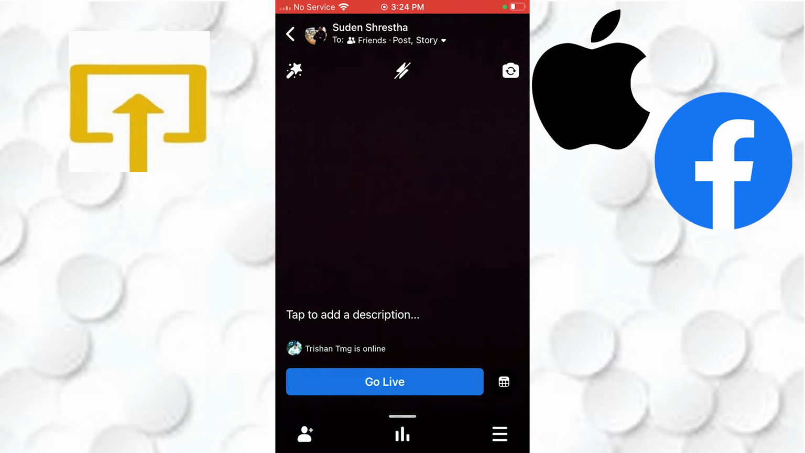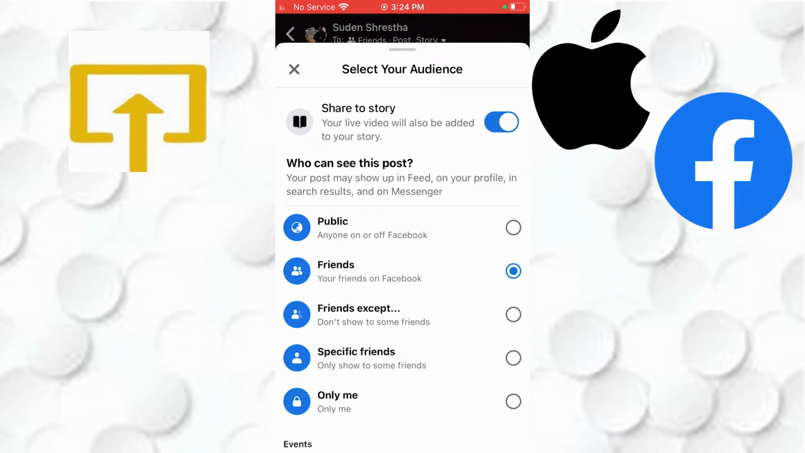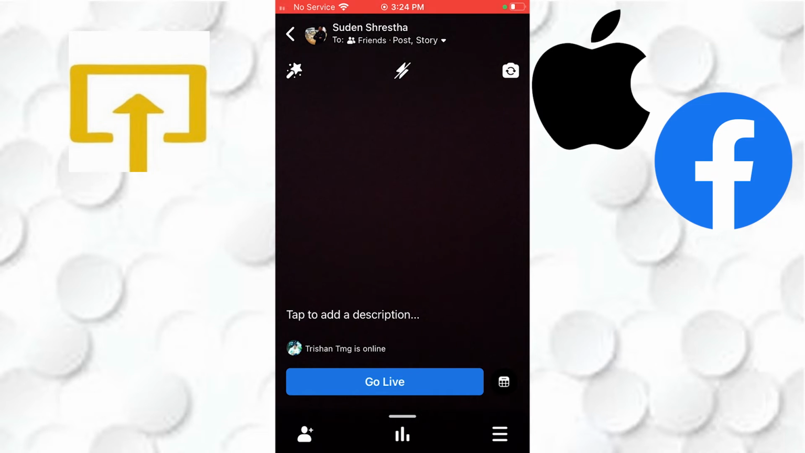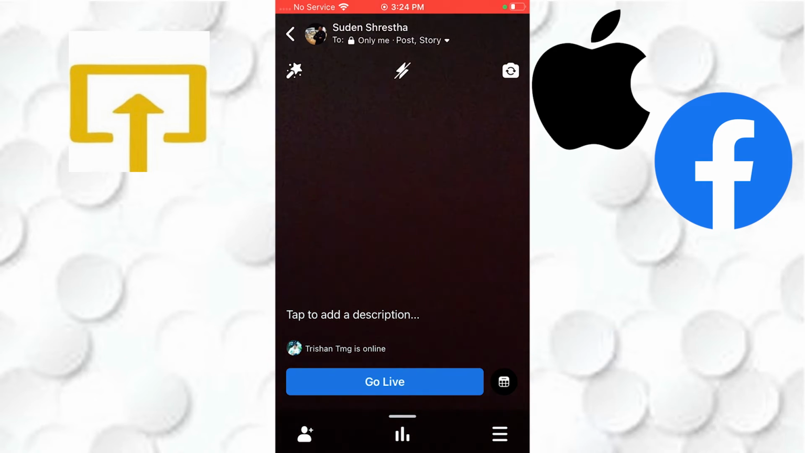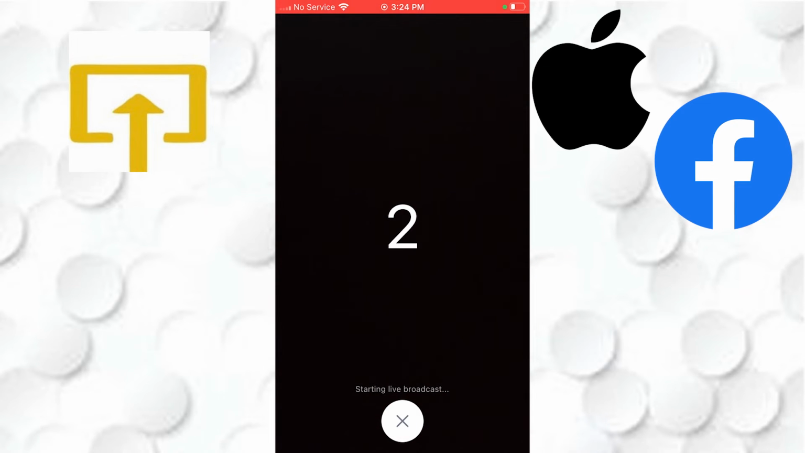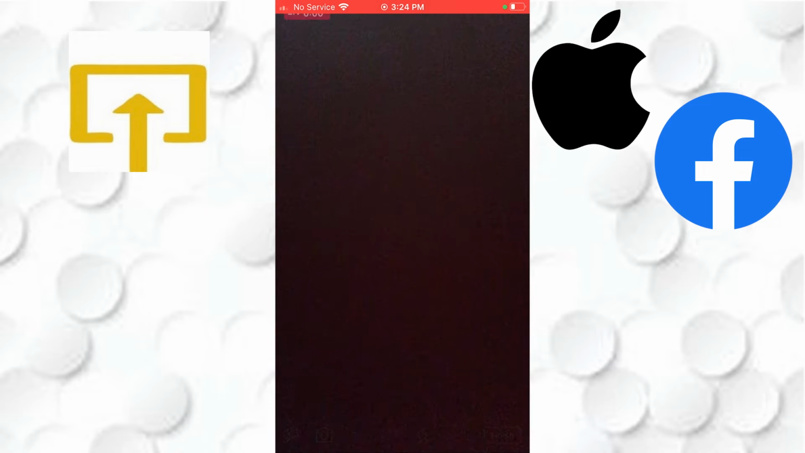And I would prefer to cover my camera, and you can see guys, this is how to go live. You can see you can post it to your friends, you can change your public or your viewers from over here. And with that being said, you can tap on go live, and let's change it to only me for now. And let's cross this, and let's tap on go live, and you will start to broadcast your live session